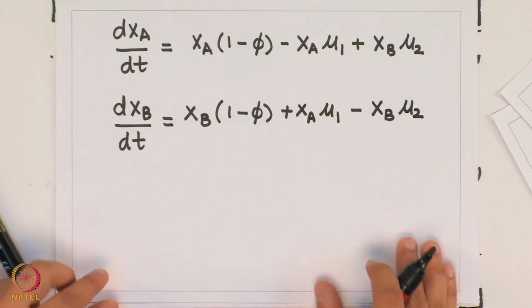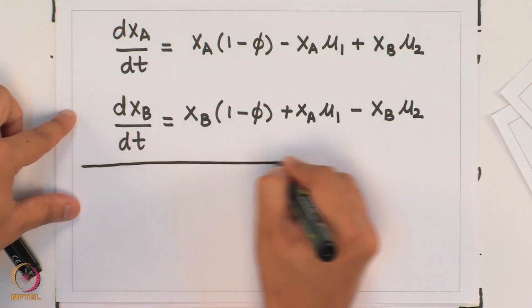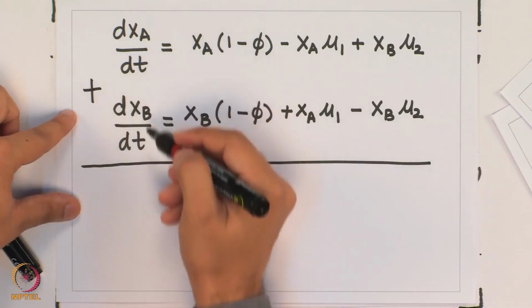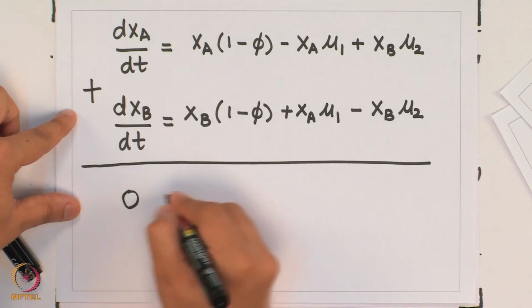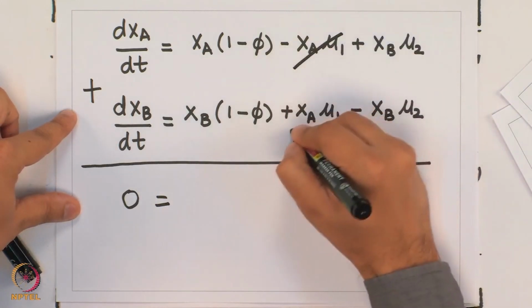And now I am going to use the constraint that the total number of individuals in the population is equal to K, and hence the sum of derivatives dxa/dt plus dxb/dt is equal to 0. I just have to add these two expressions. I know that this sum is equal to 0. When I add them, these mutation terms cancel,